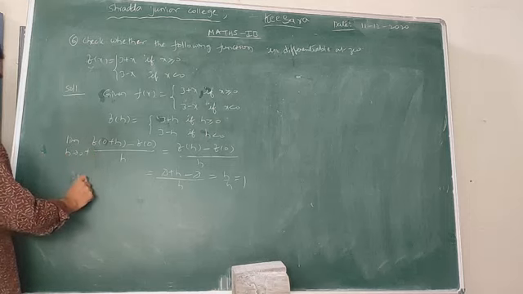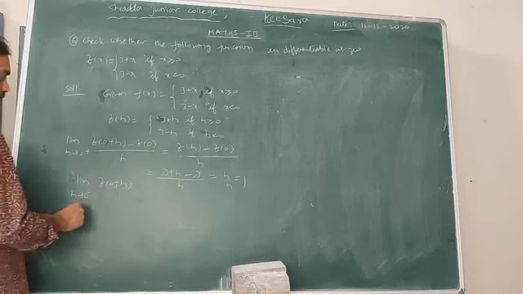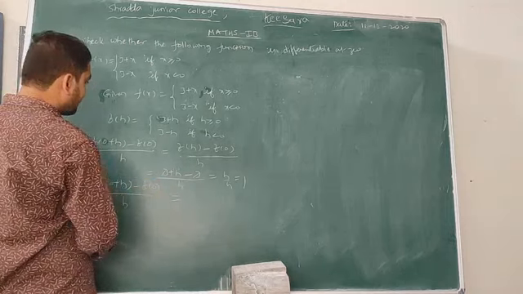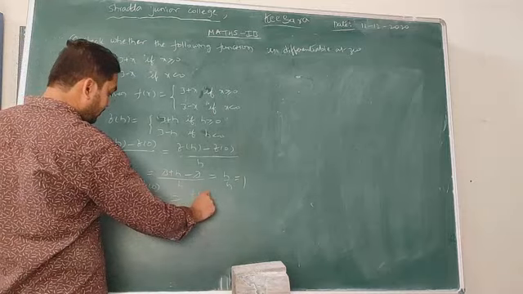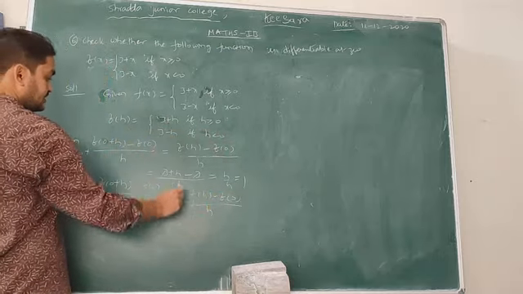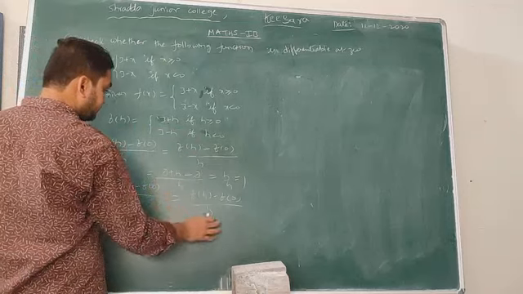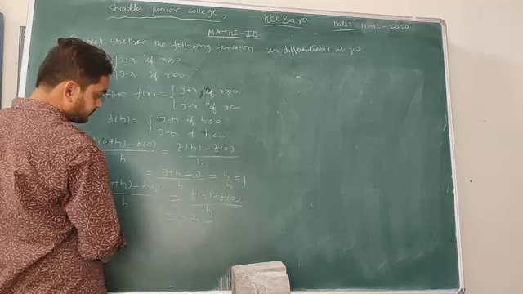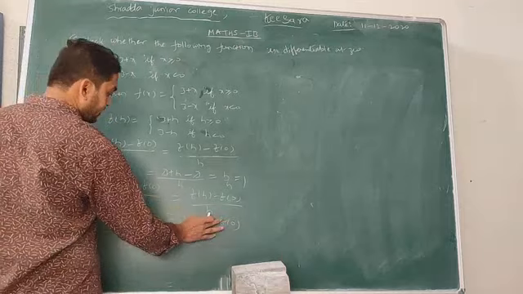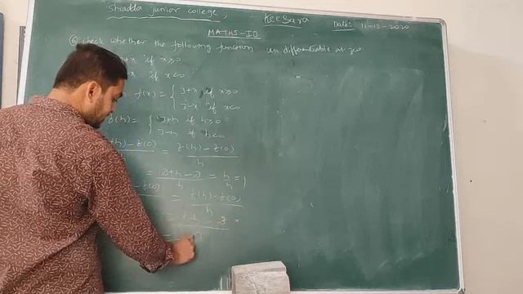And next we have to take limit h tends to 0 minus here, f of 0 plus h minus f of 0 by h. What is f of 0 plus h? It is nothing but f of h minus f of 0 by h. What is f of h here? H less than 0 means that is 3 minus h, minus what is f of 0 here? 0 is nothing but 3, by h. Here plus 3 minus 3 gets cancelled.